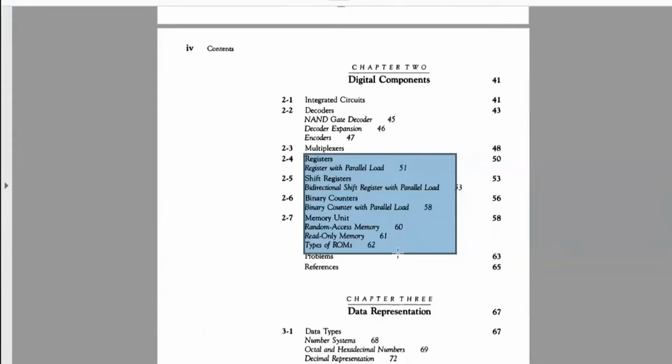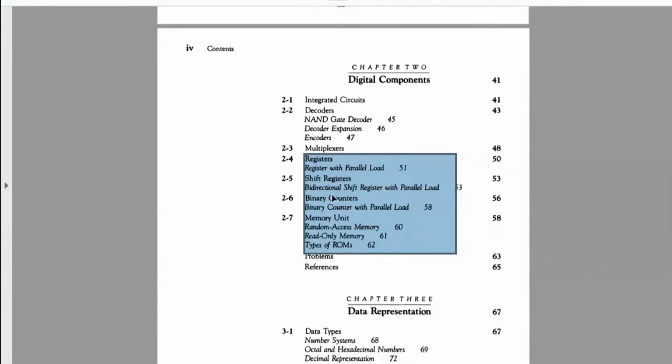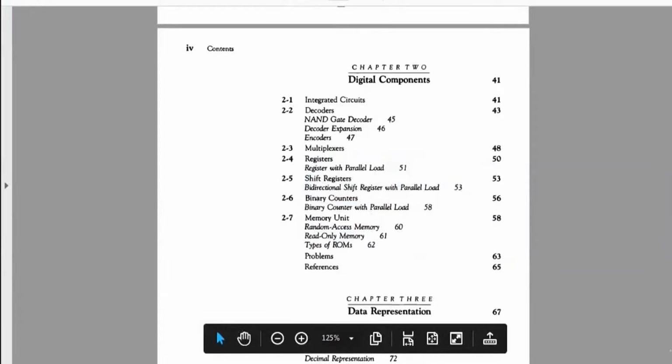register. And when you were designing the circuit for a register, recall the concept. You had placed an additional input which was known as load, right? So that was parallel load. Only if the load input is on, your data gets transferred inside your register. So in this chapter 2 we had studied bidirectional shift register with parallel load and all. That was our last practical, number 10.